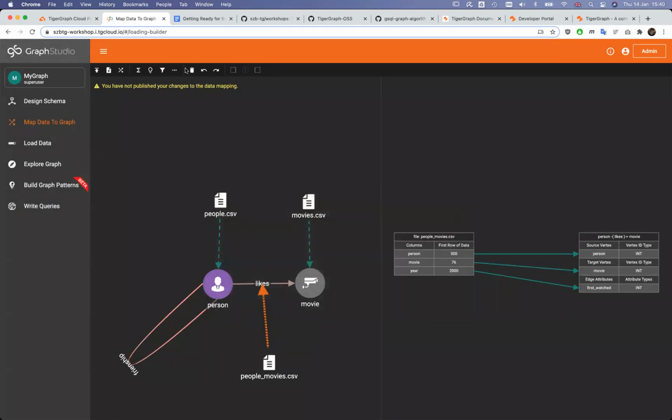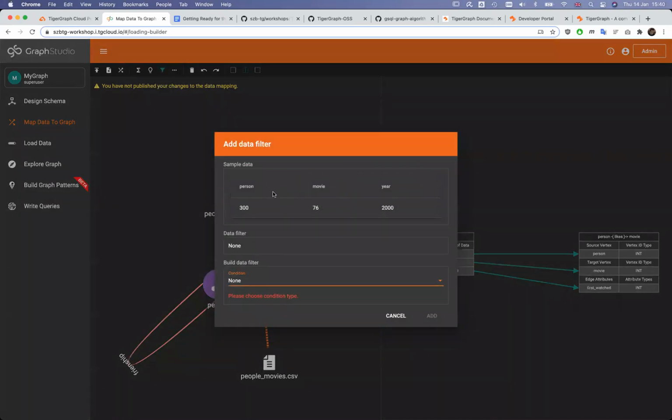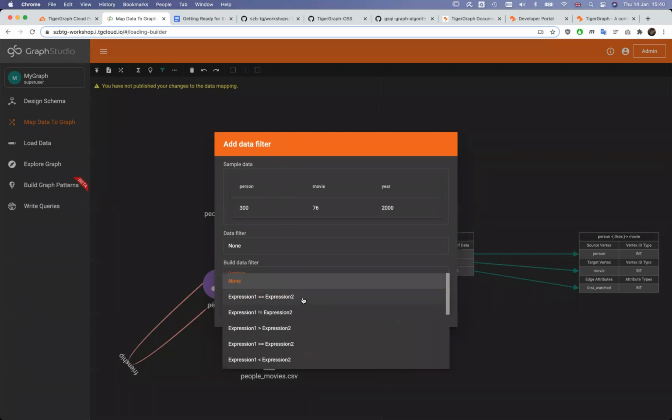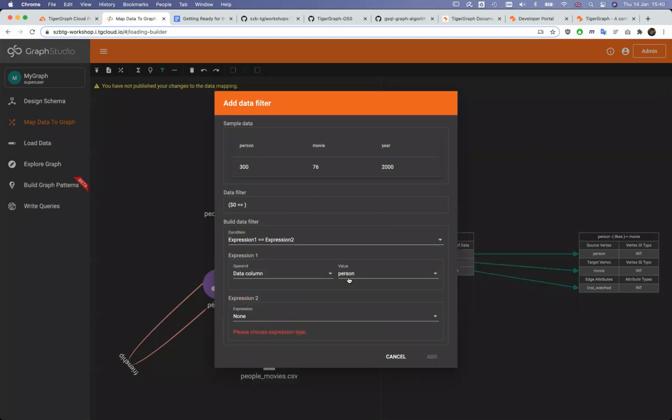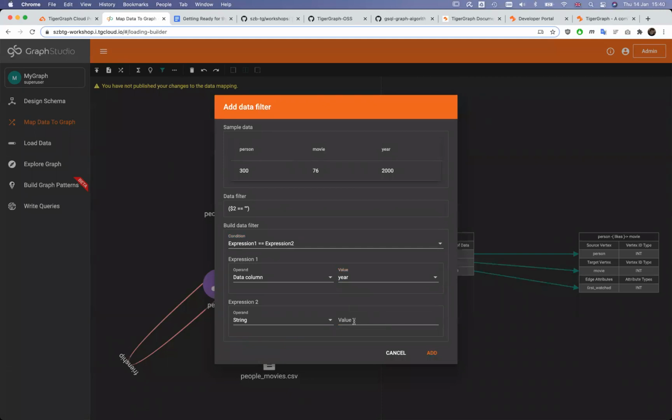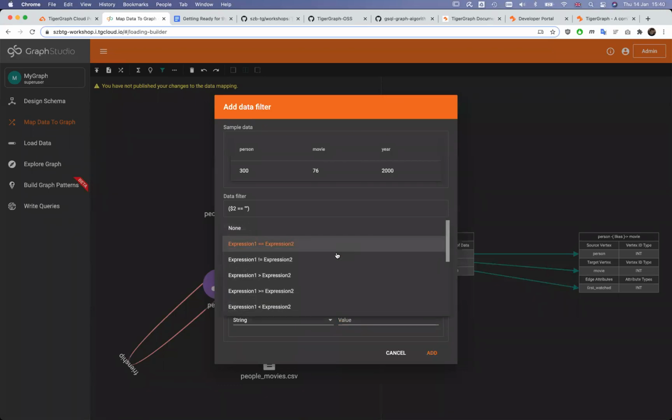You can also specify complex filtering options. So for example, if I wanted to filter data on the column of person ID, or say a year, only those movies, or only those first watched relationships should be loaded where the year is a string actually. Oh, I might have made it a string, but anyhow, sorry, I wanted to pick greater.